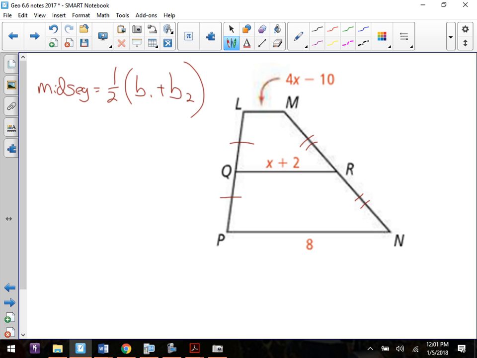That B1, B2, B sub 1, B sub 2 technically, does it matter which one's which? Oh, doesn't matter at all. Which one of those three is the mid segment? The middle one. Thanks, Captain Obvious. So yeah, just substitute in the x plus 2. It's half of